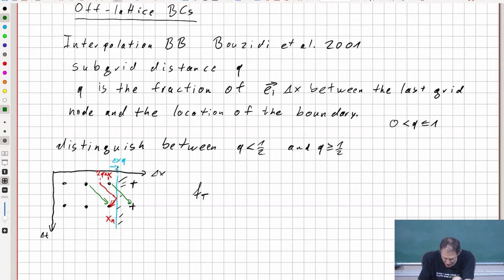So now what we can do, we can interpolate between these two green populations in order to get the red population, and that red population would be the one that is going into this next time step down there. So this is done like this. We have the opposite facing population at the next time step, plus delta t,